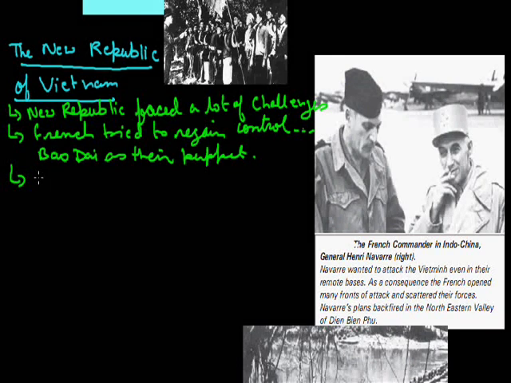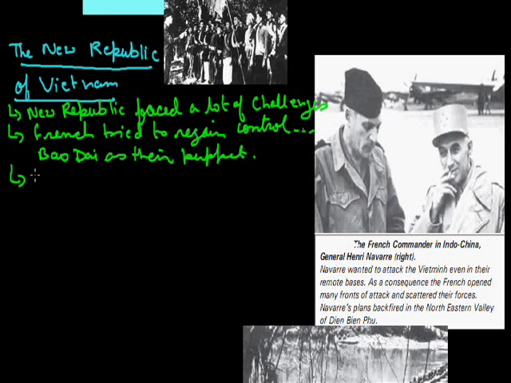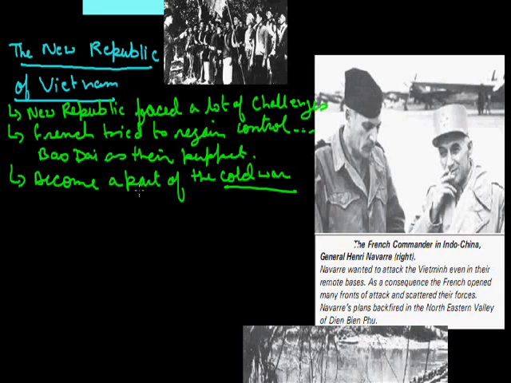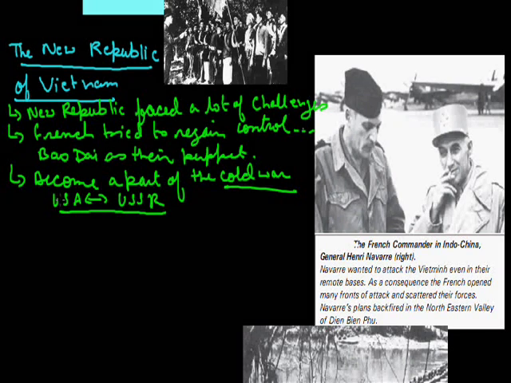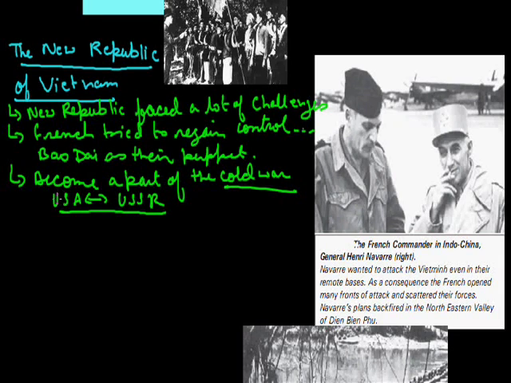Now as we know, the war had taken a new turn because it became a part of the Cold War. Cold War means it became a part of the war between USA and USSR. After the Second World War, they both became the major powers of the world, and they divided the world into two parts: the capitalist world, that is the USA bloc, and the communist world, that is the USSR bloc. And they both tried to establish communist and capitalist governments in Vietnam also.